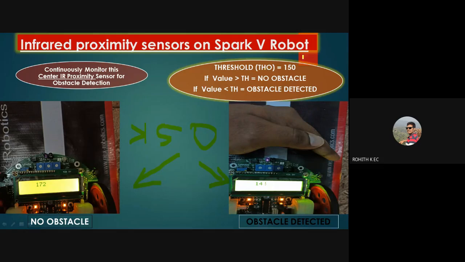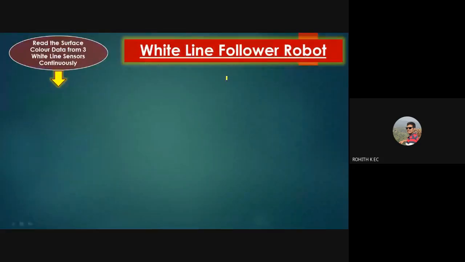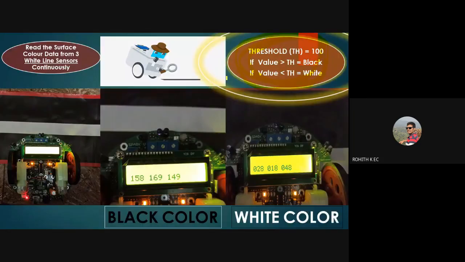This is very, very important while detecting obstacles, and we'll be using this in our main program. Before I proceed, let me repeat this. This is very important, because this is the working principle based on which our robot will move forward or stop.